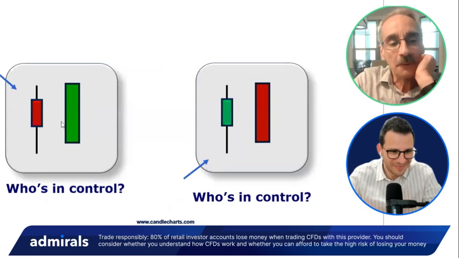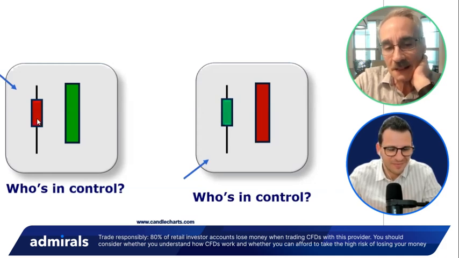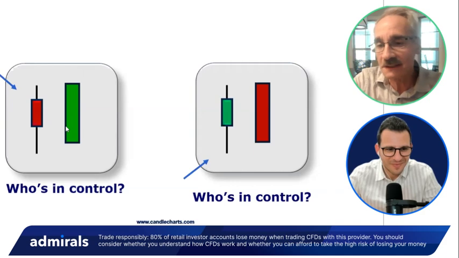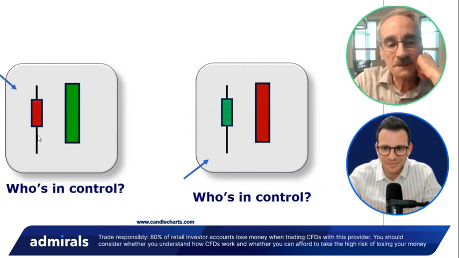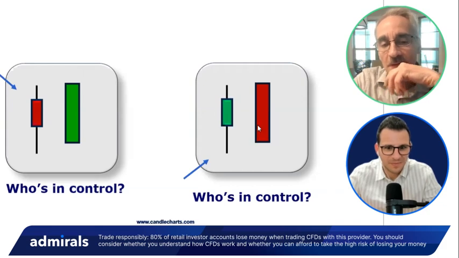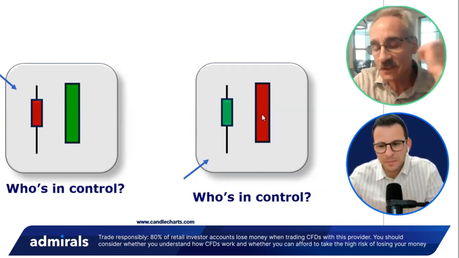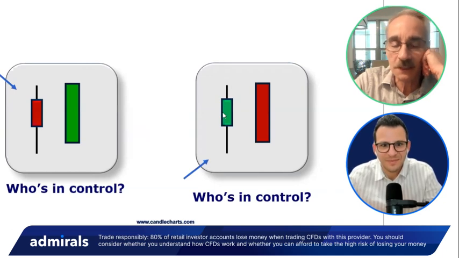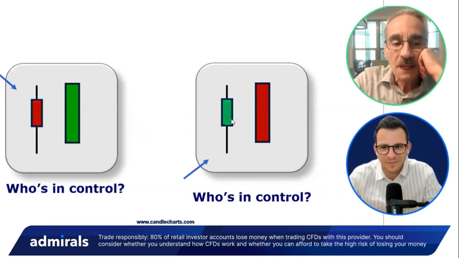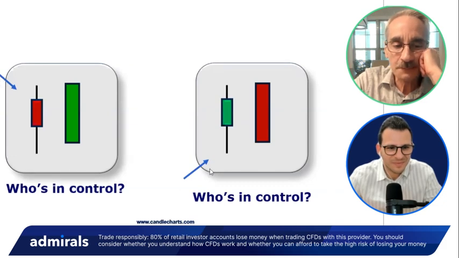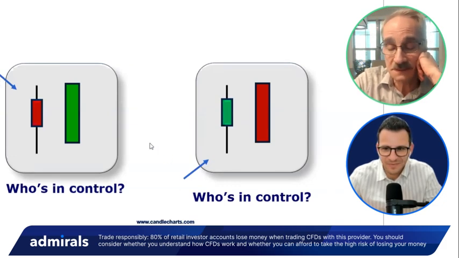So bullish engulfing pattern, and many of you may be familiar with this. The white, the green wrapping around the red, and it has to be real body wrapping around real body, okay? And visually, again, the power of the candles, the bulls are taking over from the bears. Bearish engulfing pattern, a red real body, or depending on your charting system, black wrapping around a green, or depending on your charting system, white. And the bears are taking over here. Now, notice the arrows here. Very important, another common misuse.